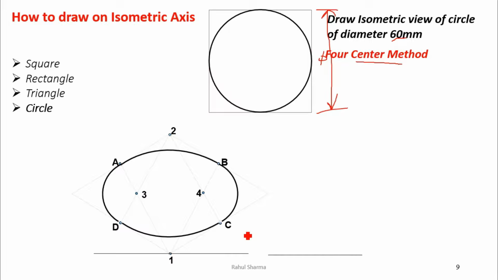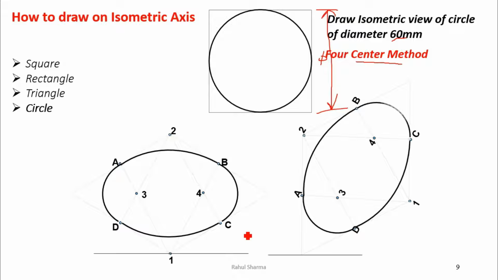So let's say I have to make the same in the XZ axis, meaning an object is vertical. So again we draw the square on the XZ axis, find the midpoints of all 4 sides, join the opposite corners, letter V, letter A, then we get these points 1, 2, 3, 4, and then from 1 this arc, from 2 this arc, from 3 this arc, and from 4 this arc. So in this way we draw the circle in the isometric axis, and then we do dimensioning.